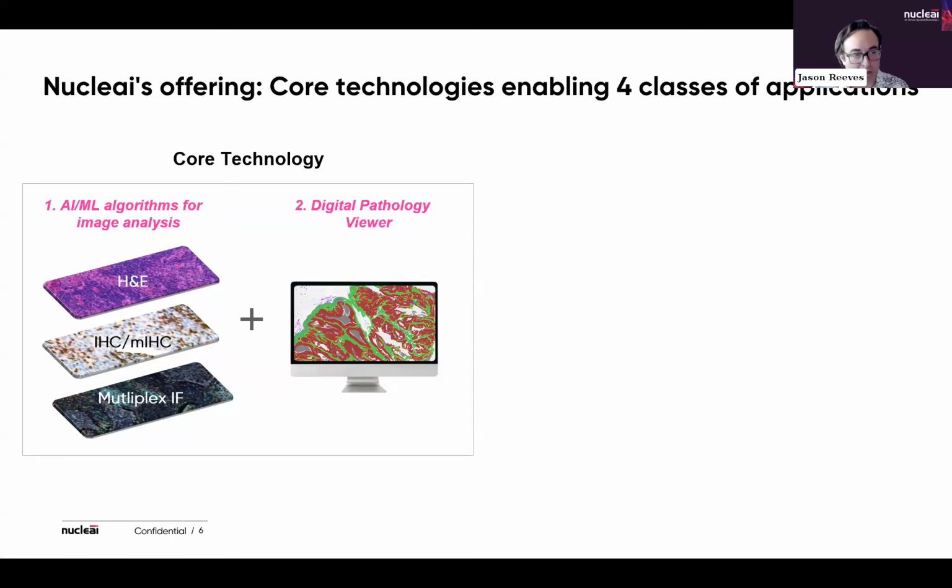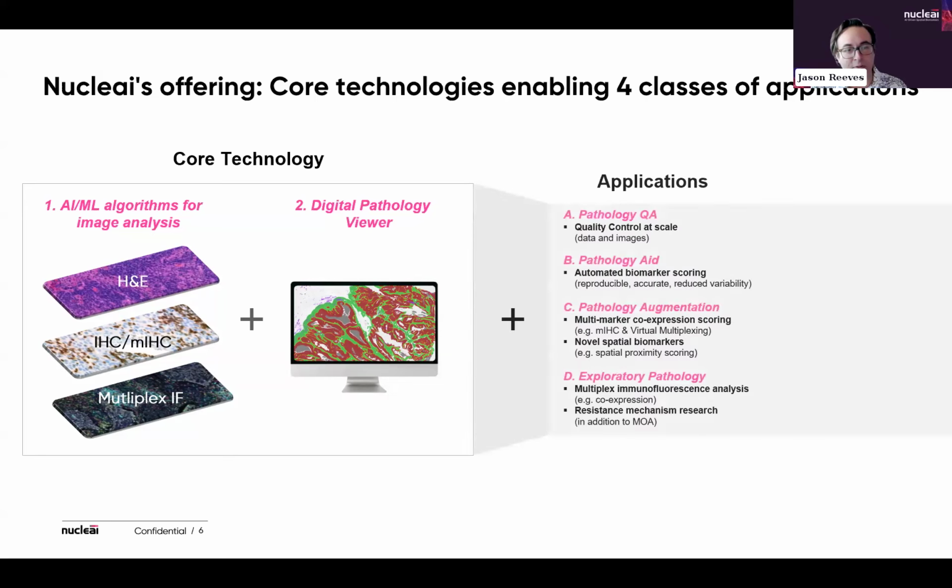So we can work with data from H&E, IHC, or multiplex IF, and we analyze that data with predefined algorithms that will classify and structure the tissue, both at the tissue level and at the cell level. And we'll talk a little bit more specifically about the types of models that we offer, but this is all really geared towards understanding very specific applications within the translational research space that's attached to